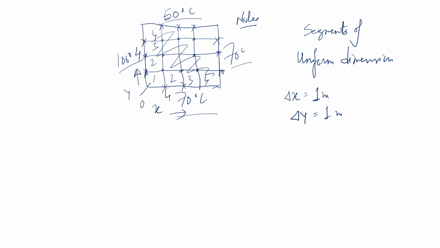That means all the points, this one, this one, this one are at 70 degrees centigrade. This one, this one, this one, this one is at 70 degrees centigrade. Then this one, this one, this one,